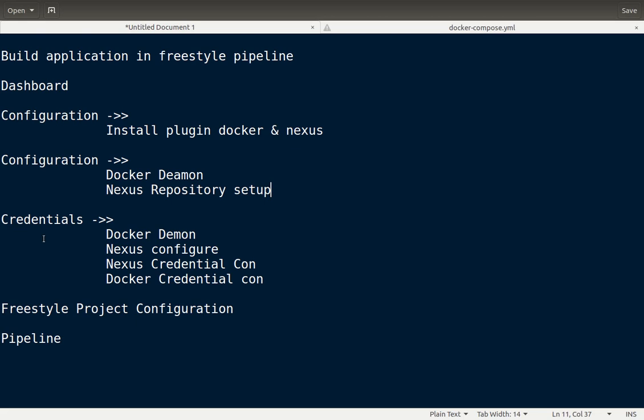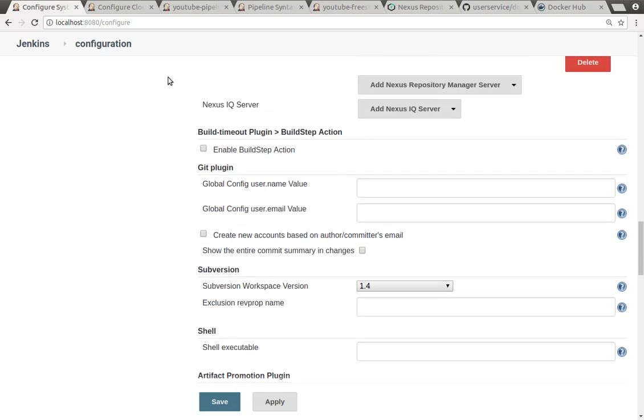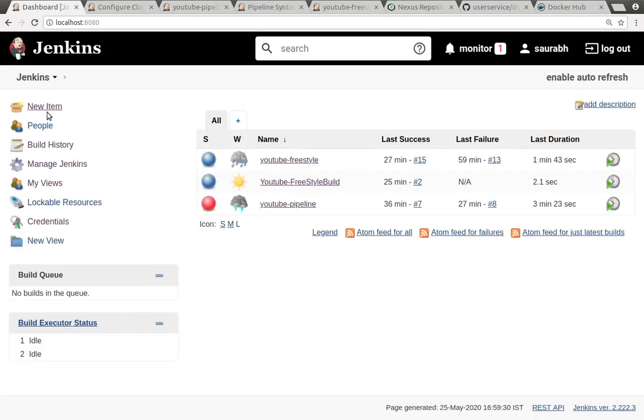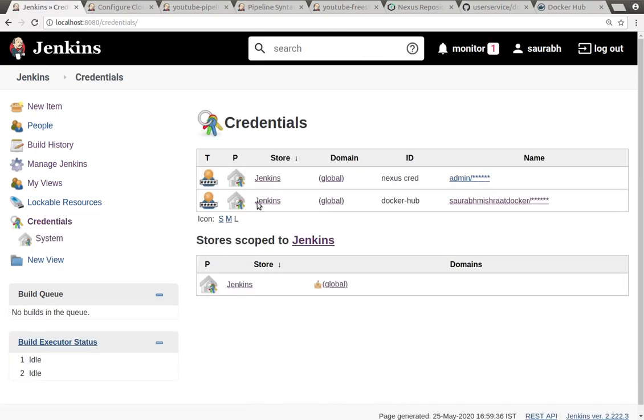The next thing which you need to configure as part of this pipeline is the credential. What are the different credentials we need? Docker daemon credential we need. If you come here at the bottom, you can see credentials. Click on that and you can see the different credentials I have configured.